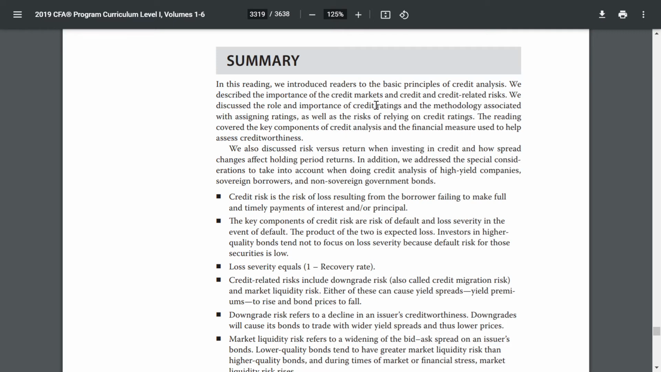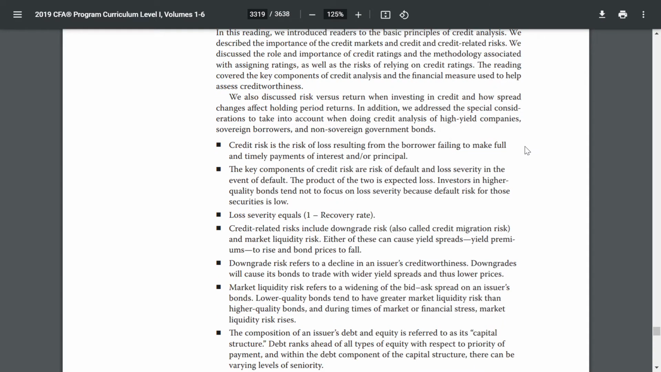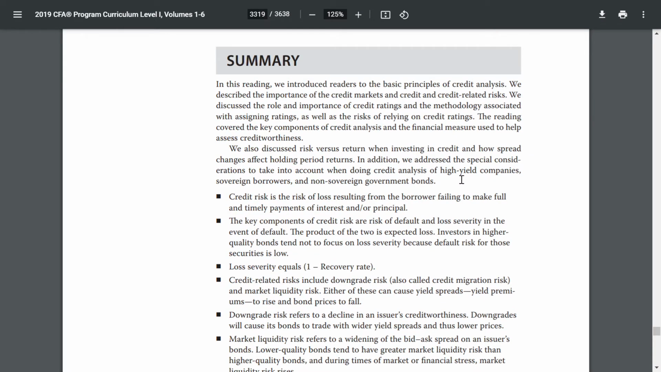In this reading, we have introduced readers to the basic principles of credit analysis. We described the importance of the credit market and credit-related risk. We discussed the role and importance of credit ratings and the methodology associated with assigning ratings, as well as the risk of relying on credit ratings. The reading covered the key components of credit analysis and the financial measures used to help assess creditworthiness. We also discussed risk versus return when investing in credit and how spread changes affect holding period returns. In addition, we addressed the special considerations to take into account when doing credit analysis of high-yield companies, sovereign borrowers,